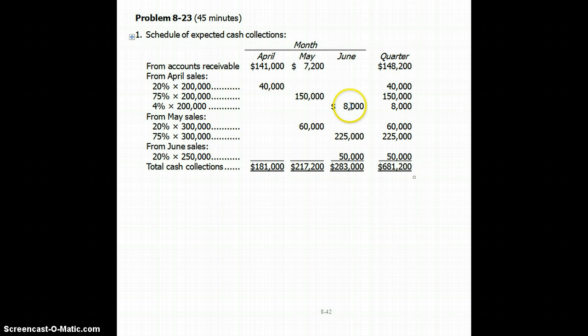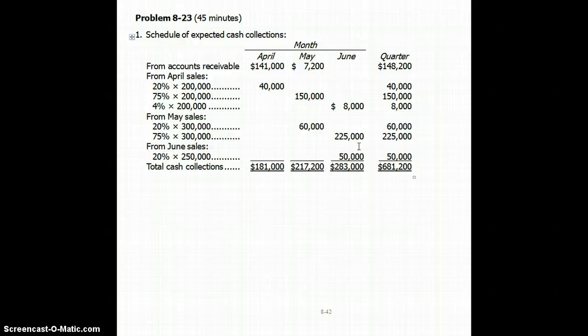We're just going to collect 4% from April, 75% from May, and 20% of June. Since we are in June, we collect 20% of that month's sales of 20% of 250 equals 50,000. We will collect 75% of May sales of 300,000 to get 225,000, and we'll collect 4% of June sales of